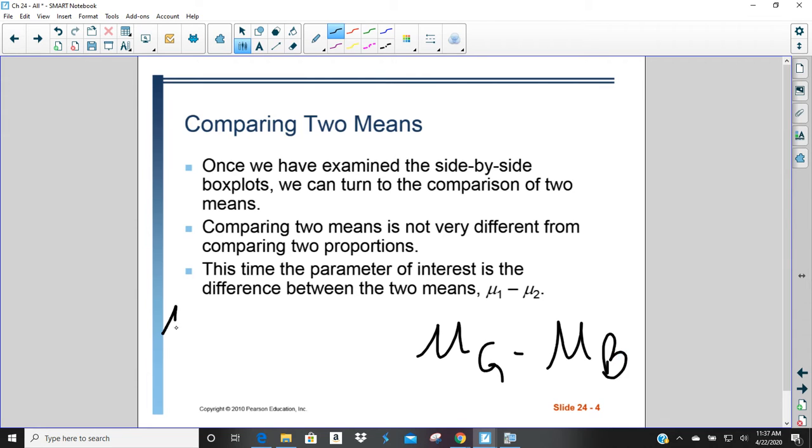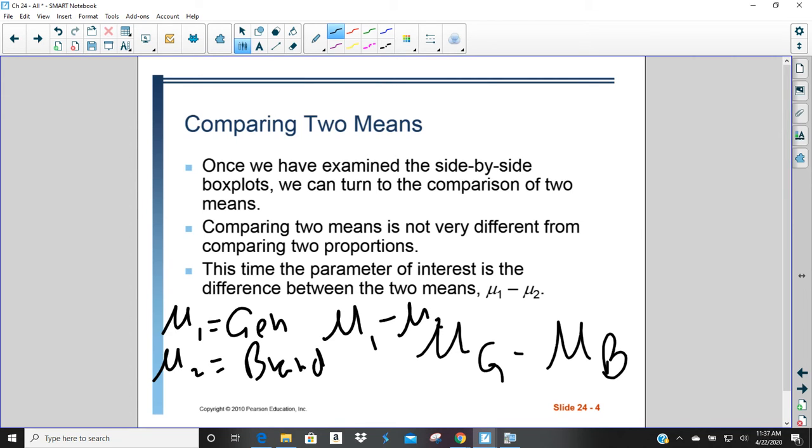But if not, if you want to do mu1 equals generic and mu2 equals brand name, right? And then I would do mu1 minus mu2 or something like that. Okay. So